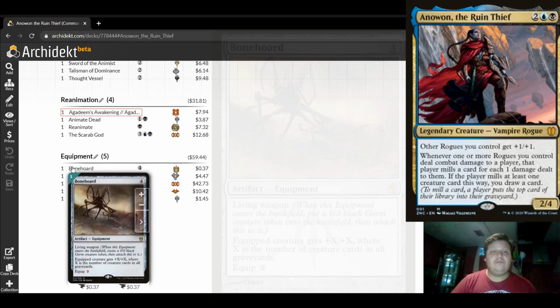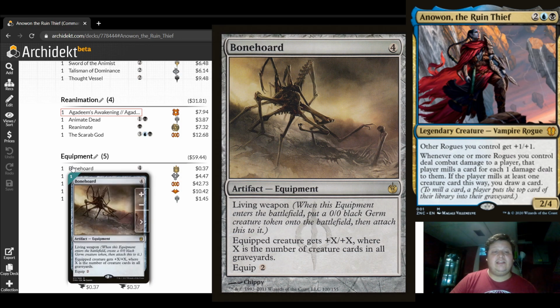It is Bone Horde for 4 generic mana. It has Living Weapon, which means when it enters, you create a 0/0 black germ that Bone Horde is attached to. The equipped creature gets +X/+X, where X is the number of creature cards in all graveyards, and it only equips for 2. So pretty much you put this on one of your unblockable dudes as fast as humanly possible,